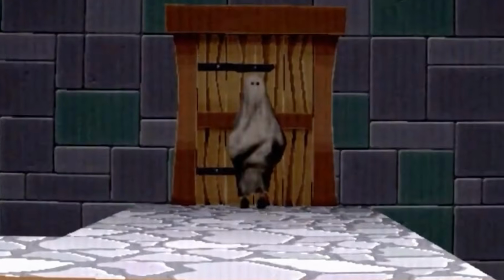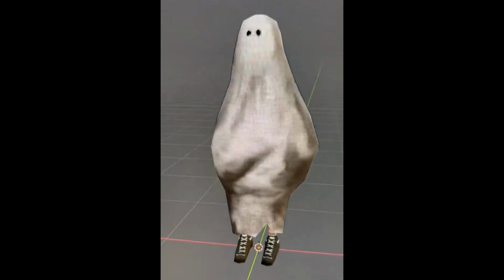I mean, he looks pretty similar to the original. Yeah, the same with 13. I really don't have much to say about him. But I will say, I like him more because...